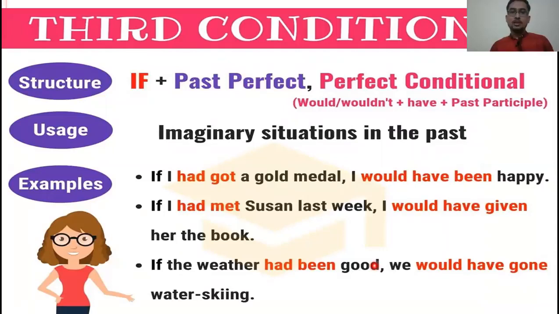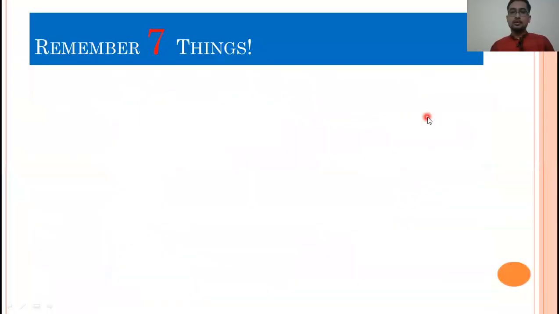As for the structure we have in the first part, I mean in the condition part, you see here if plus past perfect plus perfect conditional. তোমরা এখানে একটা টার্ম শিখতে হবে, পারফেক্ট কন্ডিশনাল, পারফেক্ট টেন্স না, পারফেক্ট কন্ডিশনাল। পারফেক্ট কন্ডিশনালটা কিভাবে গঠিত হয়? সাবজেক্ট প্লাস উড, মাইট, কুড। এখানে উড এবং উড নট নেগেটিভ ফর্ম দেওয়া আছে, কিন্তু উড, মাইট, কুডও বসতে পারে, এবং তারপরে হ্যাভ বসে, তারপরে ভার্বের পাস্ট পার্টিসিপল ফর্ম হয়।